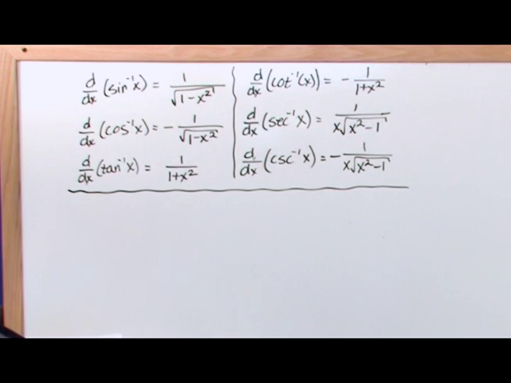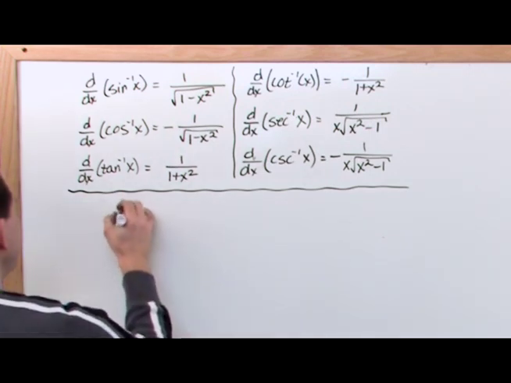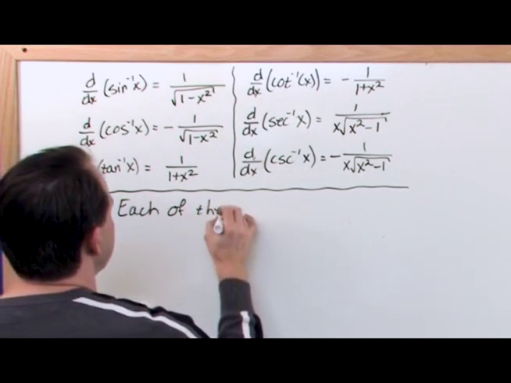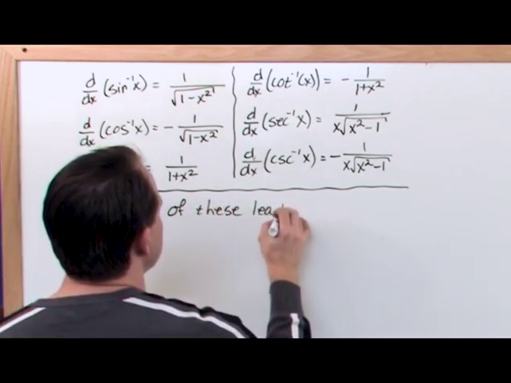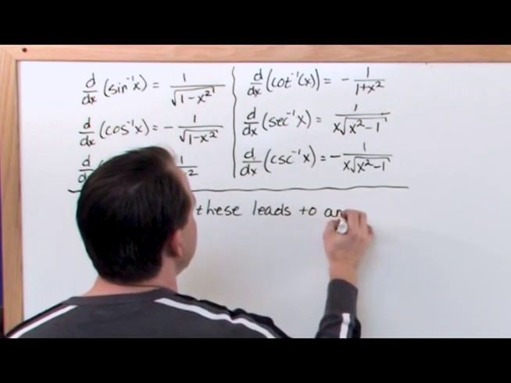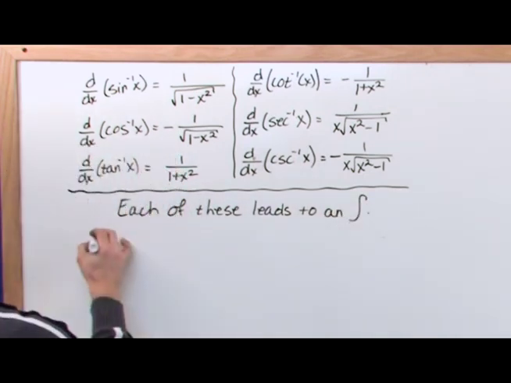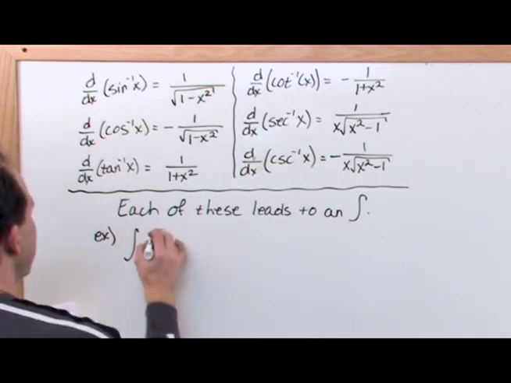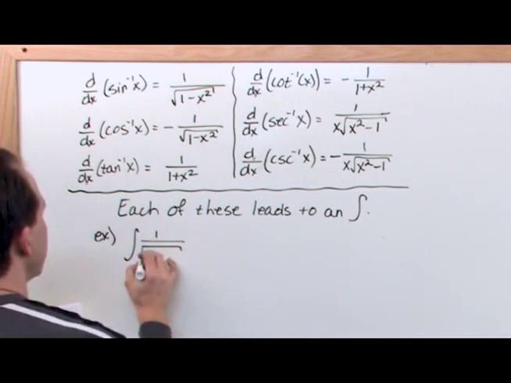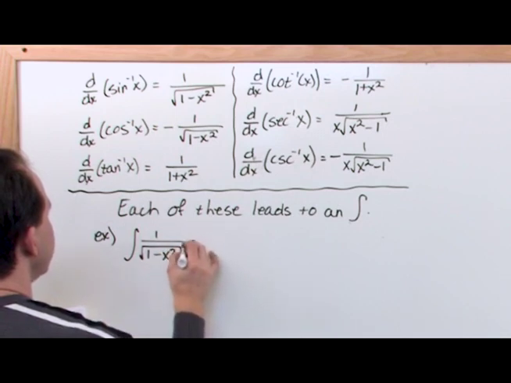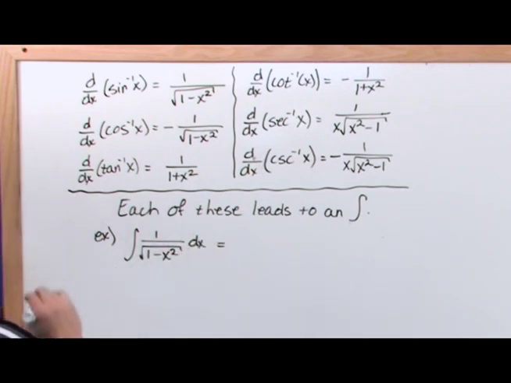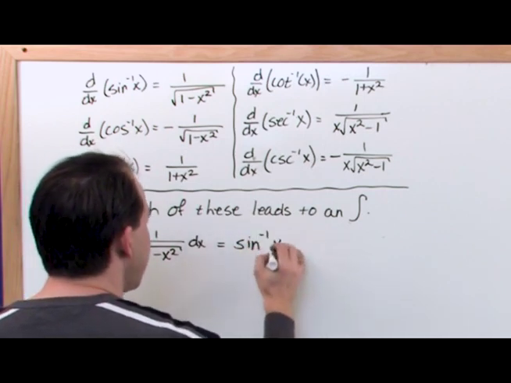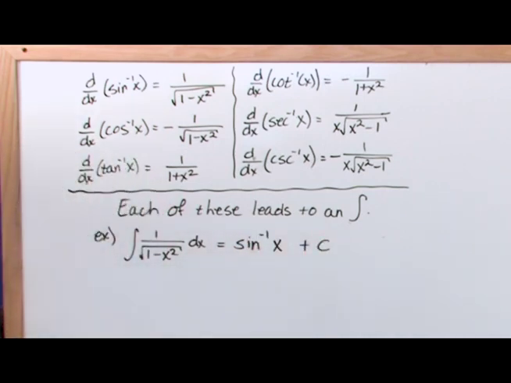So just to kind of put that down, each of these leads to an integral, okay? So for example, now you know without a shadow of a doubt that the integral of 1 over the square root of 1 minus x squared dx is equal to, by definition, the inverse sine function, or the arcsine function, of x plus a constant, because it's an indefinite integral, and you always have to